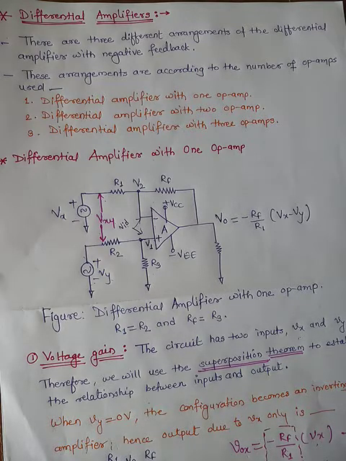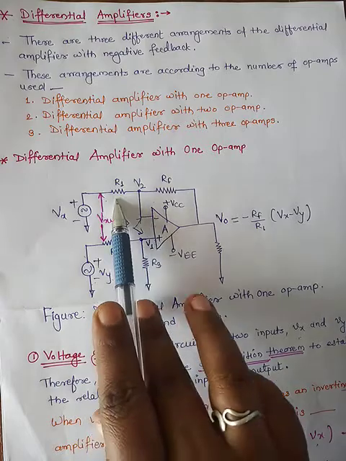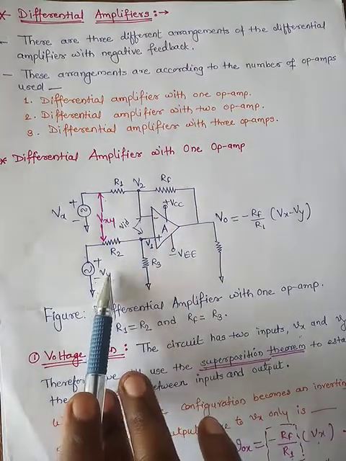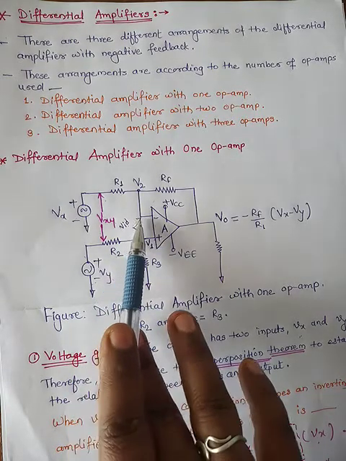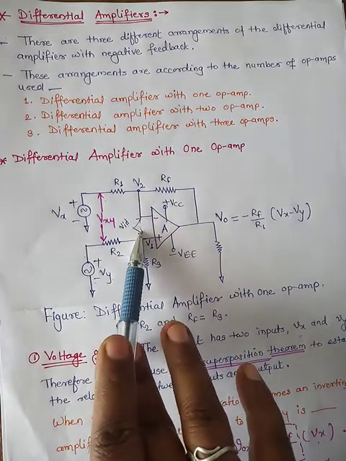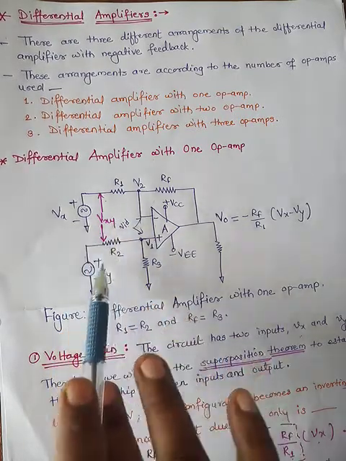The differential amplifier is nothing but a circuit where we provide input voltage to both input terminals and its output is the difference between the two input signals, amplified by a factor. In this circuit we have provided Vx as the input to the inverting input terminal through resistor R1 and Vy as input to the non-inverting input terminal through resistor R2. The differential input voltage present between the two inputs is Vxy, which is Vx minus Vy.